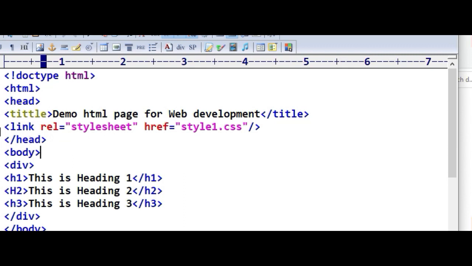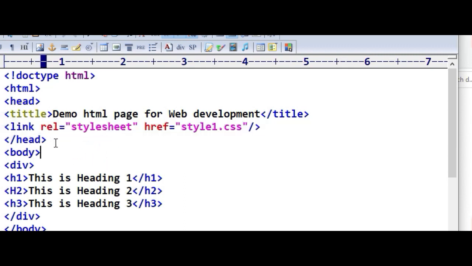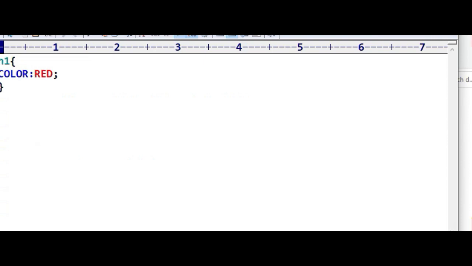So when we include this, we get only one line, because in our style file it is written h1.